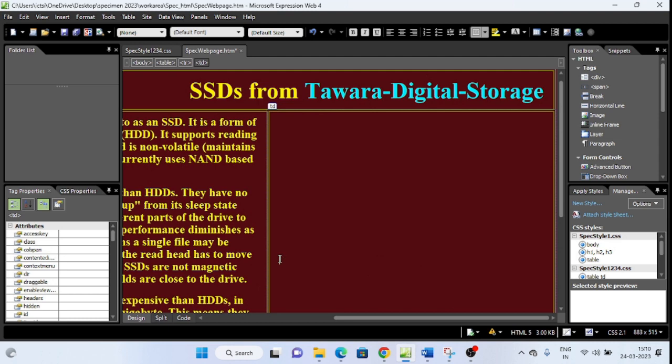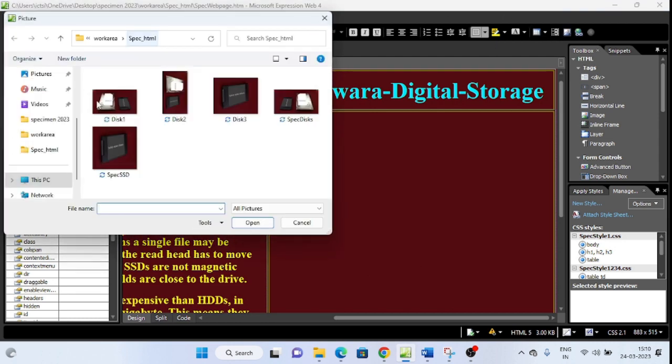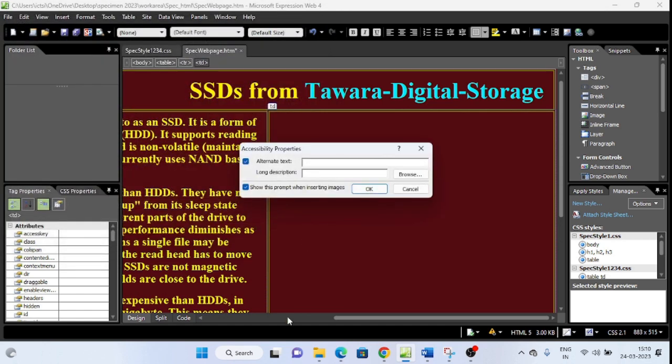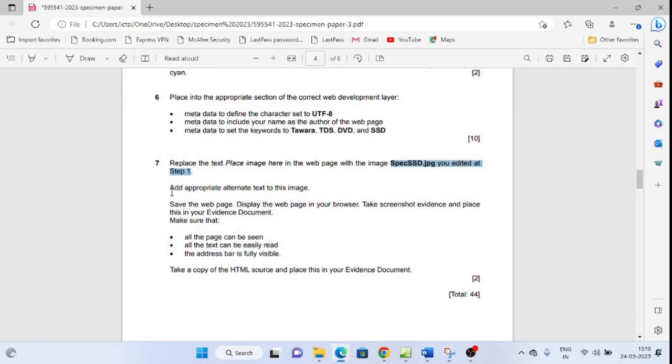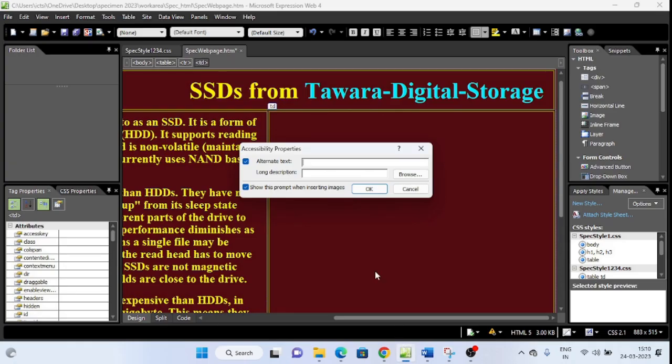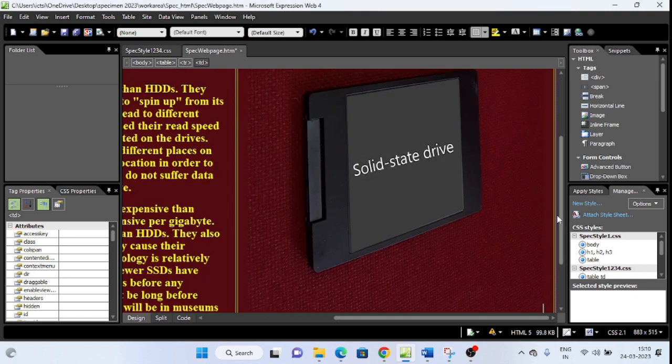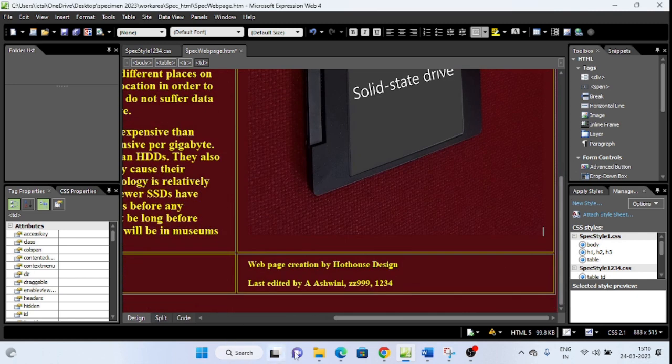So this text you have to replace with the image, photo, and then specimen ssd and so on. Alternate text. Add appropriate alternate text to the image. So what alternate text you will give, any appropriate name. So we'll just copy the name of the image, paste, and okay. You can see the solid state drive image is here.